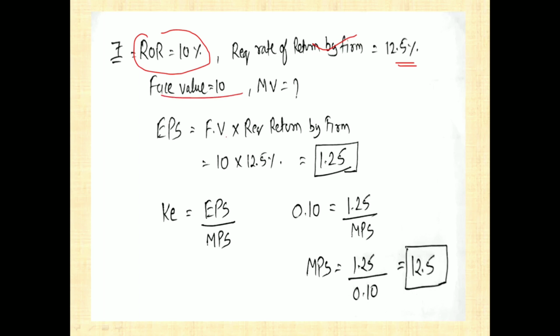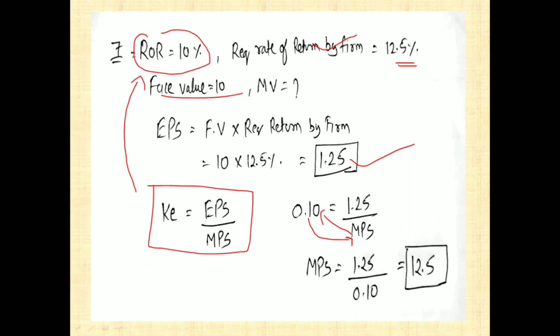Face value has been given, face value into the return which you are expecting, that is 10 into 12.5. So 1.25 becomes the EPS, and the formula for KE is EPS divided by MPS. KE is nothing but required rate of return. So 0.10 is equal to 1.25 divided by MPS. When you take MPS this side and you bring 0.1 this side, you are going to get MPS, that is market value per share or market price per share, is equal to 1.25 divided by 0.10, which will be 12.5